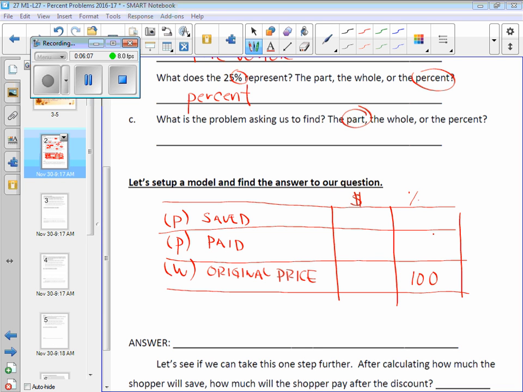Another box we could also fill in the top first box in percent for 25. Yeah, but that's coming from the word problem, which we're going to do next. What I'm saying is this 100 here can be filled in before even looking at the word problem because it's always going to be 100 no matter what. Now I do have to look at the word problem, and we'll tackle the percent first. You have a 25%